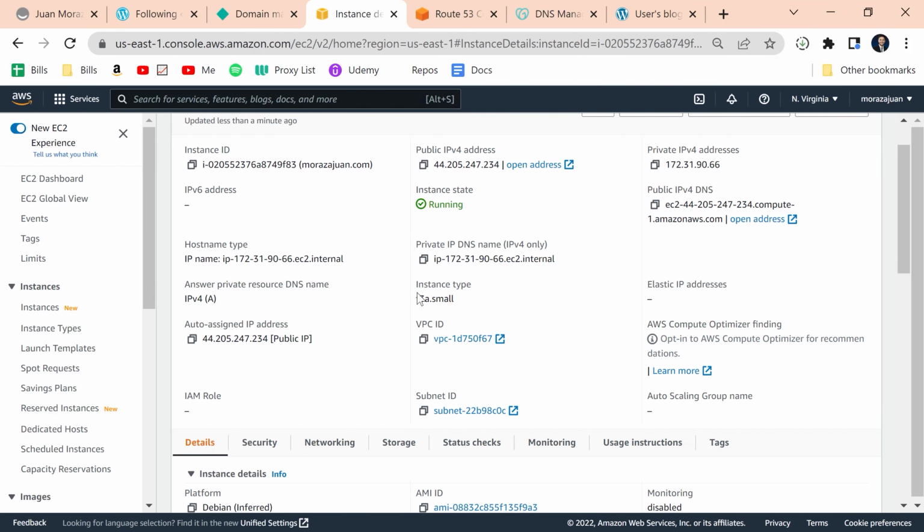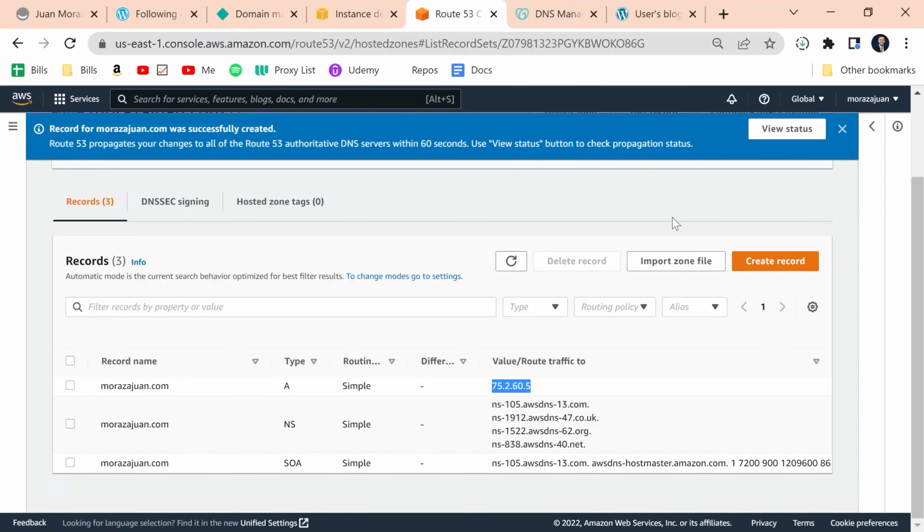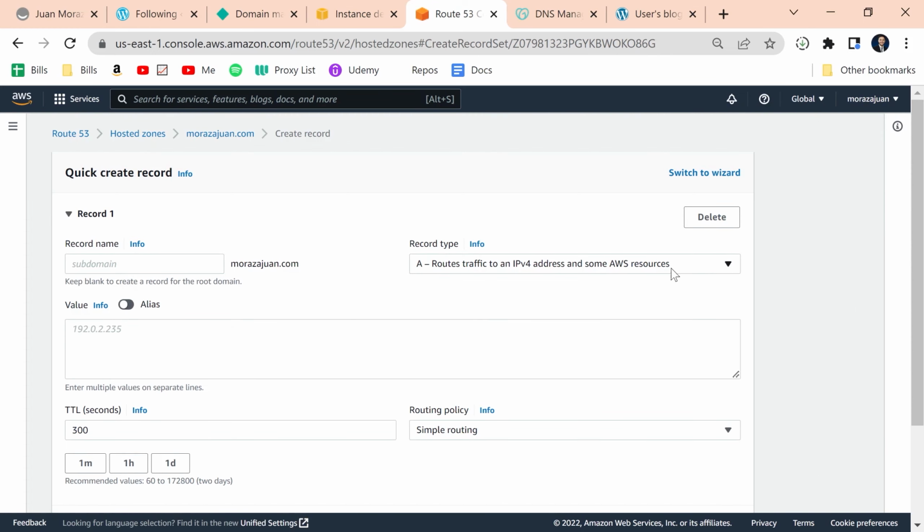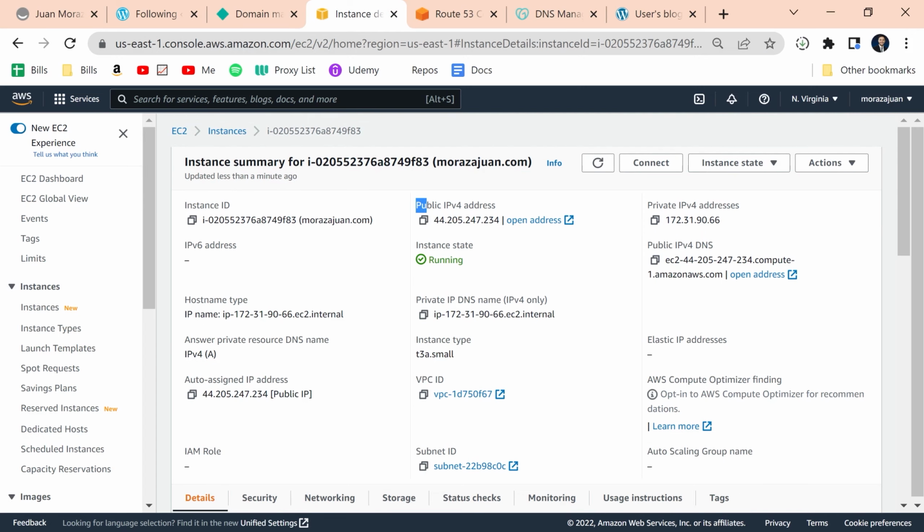Alright, next thing that we want to do is add new records to Route 53, so we can add our subdomain. Our subdomain is going to be pointing to blog. It's gonna be blog.morazajuan.com, and it's gonna be pointing to the site that we just created using EC2 instance, which is our WordPress site. So right here we create another record, and this time the subdomain is gonna be blog. It's gonna be type A,